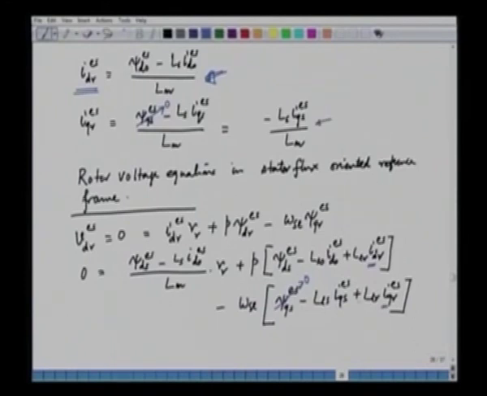So we can substitute for IDR and IQR and further simplify this, and we get the following expression. So if we simplify this, what we obtain is the following: 0 equal to ψds^s minus Ls IDS^s by τr plus